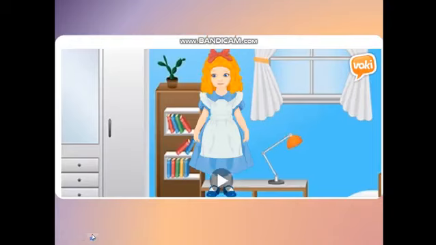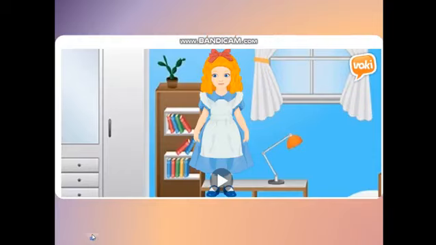Goodbye. Okay, so let's all say goodbye to Amy. And the fourth thing that she said we use the present simple for is for actions that have a timetable or a schedule. For example, she told us the train to London leaves at 1 o'clock. So this action has a certain time that it happens in. It has a timetable. So the train to London always leaves at 1 o'clock. This is its schedule, or this is its timetable.